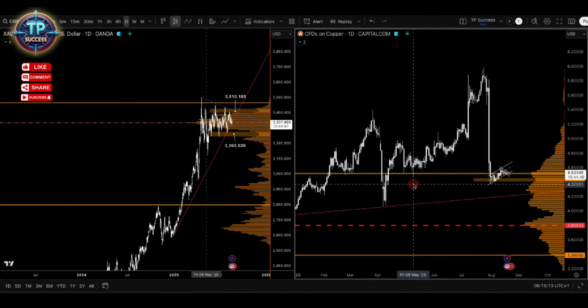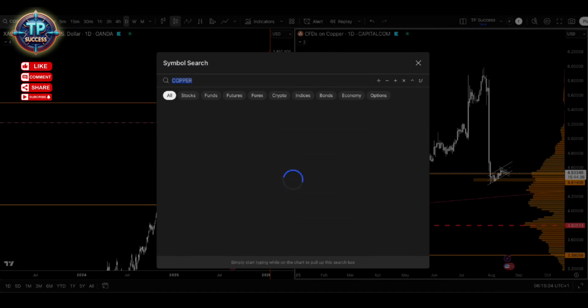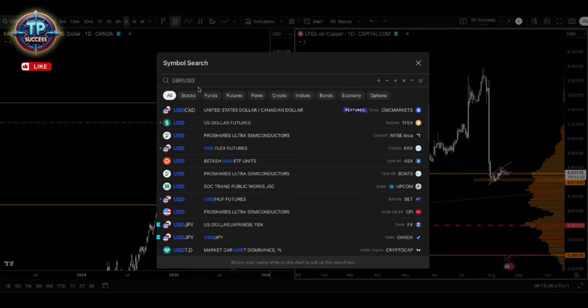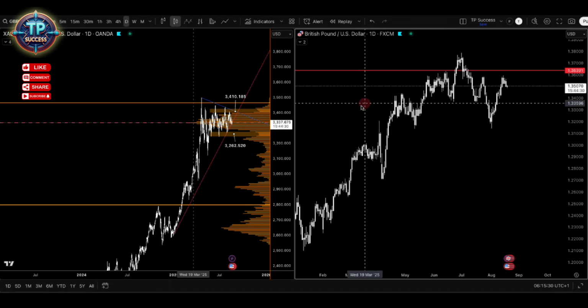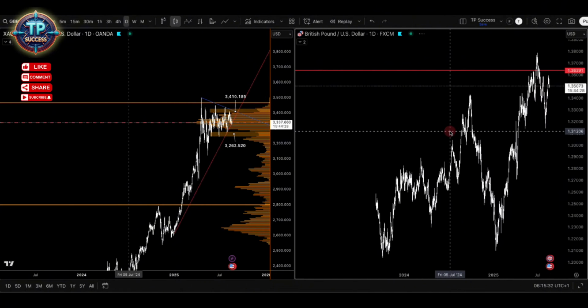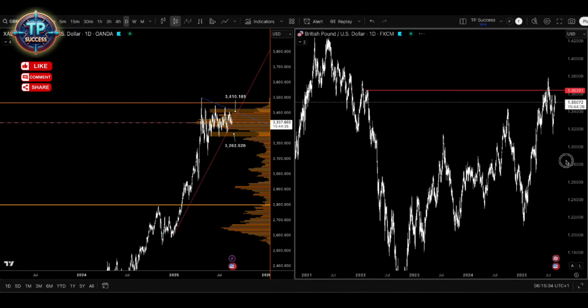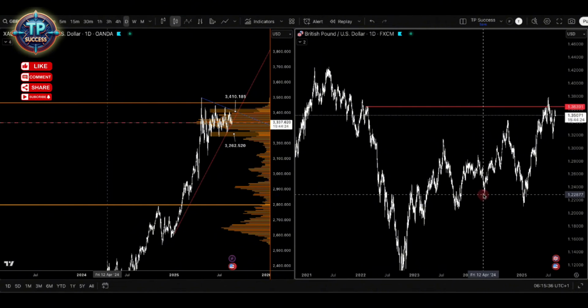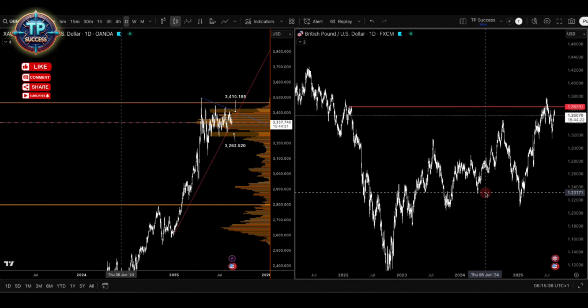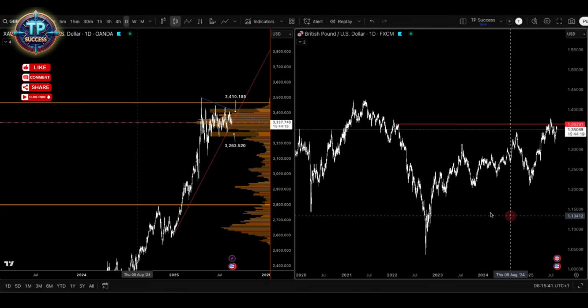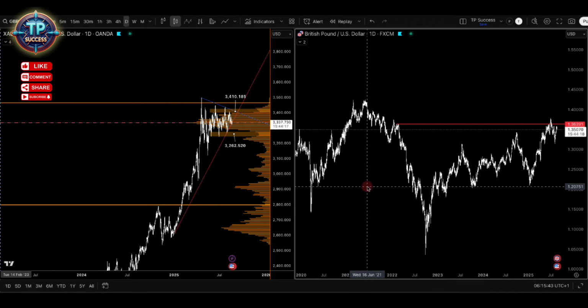Okay, so we've done Aussie dollar, we've done silver, we've done platinum, we've done copper. I'm gonna do GBPUSD. So let's just jump into GBPUSD. Let's see what's going on there. Okay, GBPUSD, and that one there we can see is moving in a way that you're kind of expecting that from gold as well, right? So this drop,